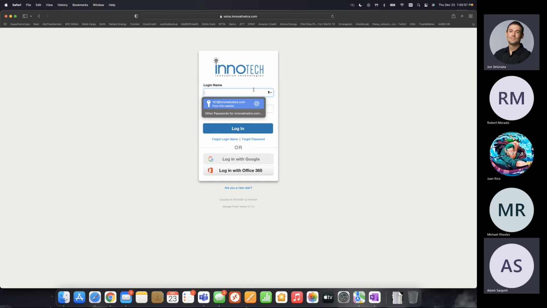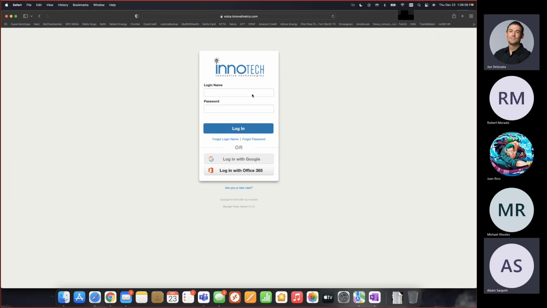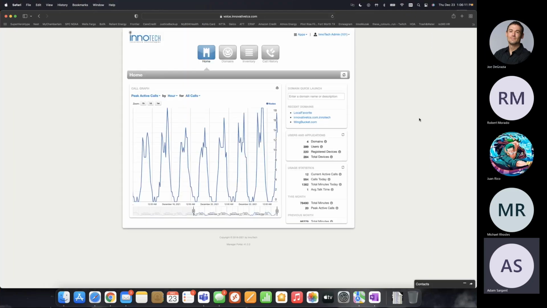There's the Big Time Administrator login, which is 101 at innovativetcs.com, and then there are your individual logins, which we're going to go over as well. So first things first, we're going to log in as the Big Time admin, and the website is voice.innovativetcs.com. First thing you're going to see is just this really flat